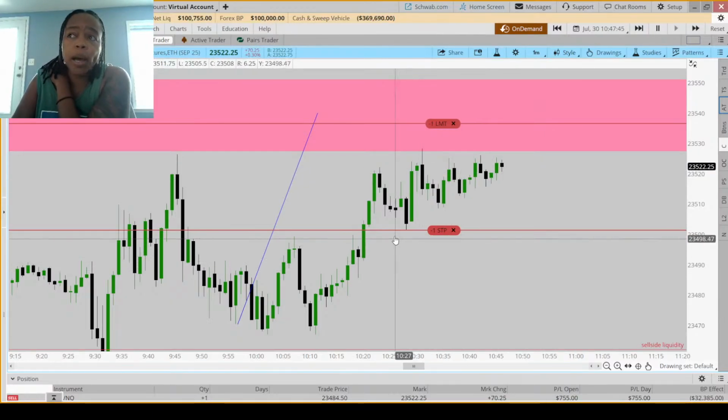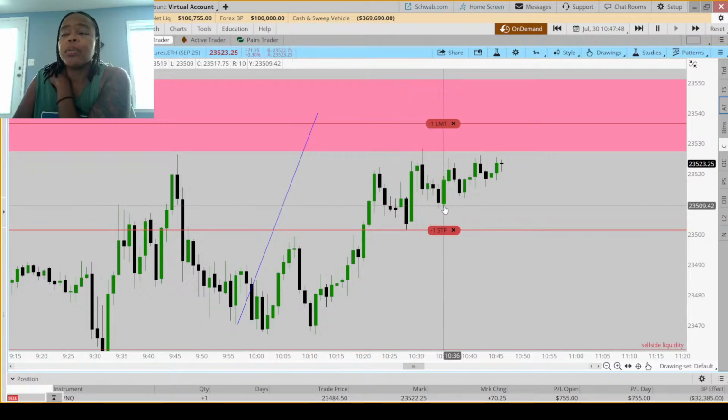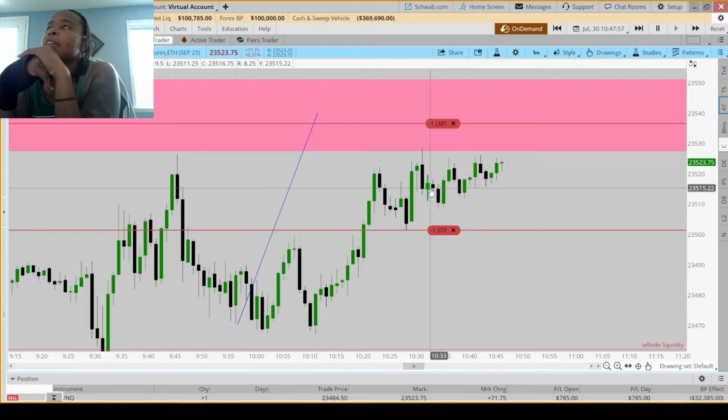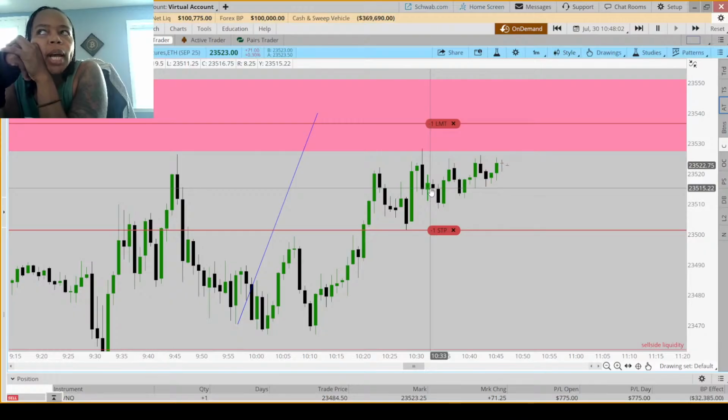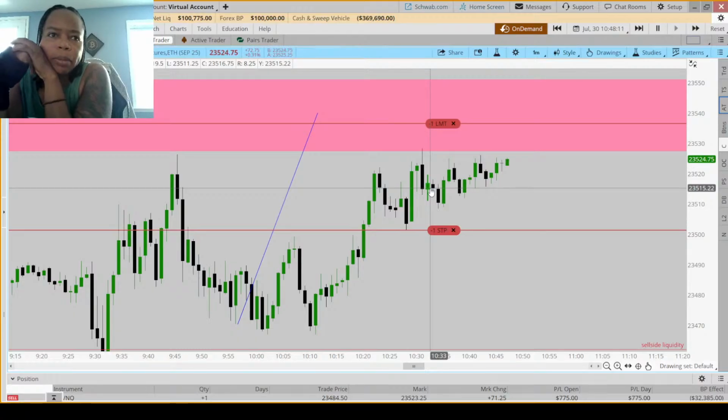But I can't take partials. That's why I moved my stop in to at least grab some money, take some of a win. Because at the level of my trading one mini, I think I would need to have over double whatever the BP requirement is for trading Nasdaq mini, which I think is at 33,500. So I'd have to have 64K in monies on here to be able to trade two minis. And then I could take partials.